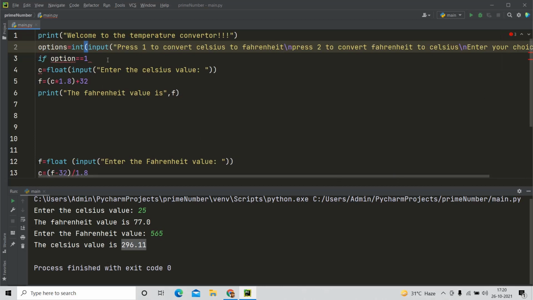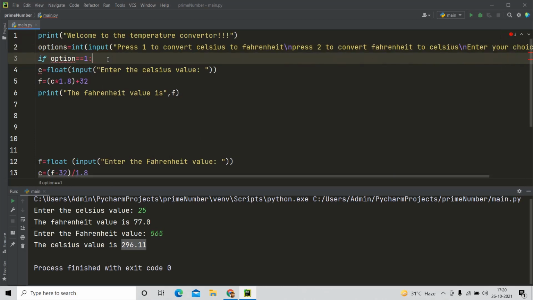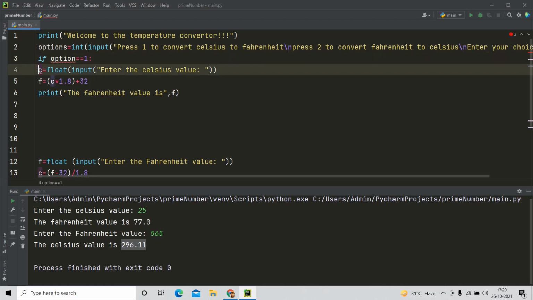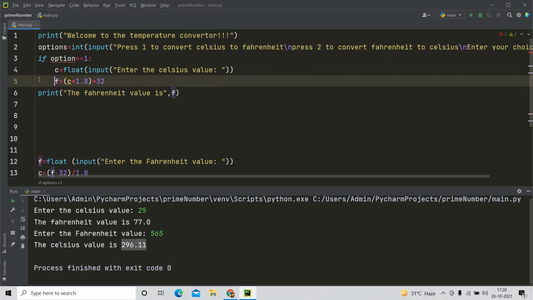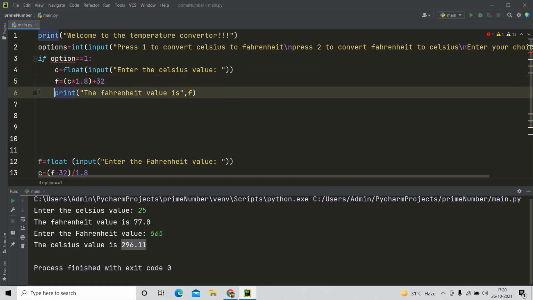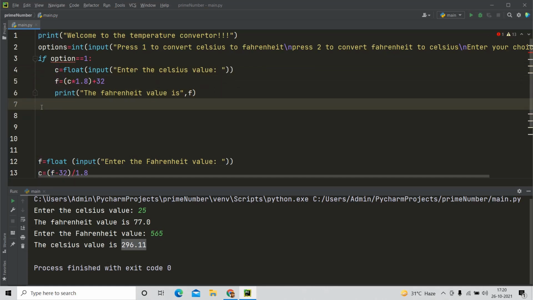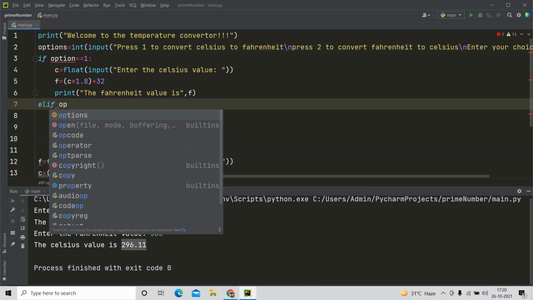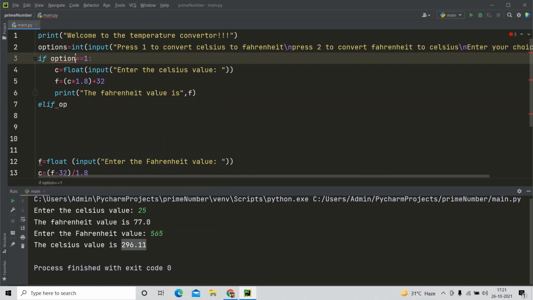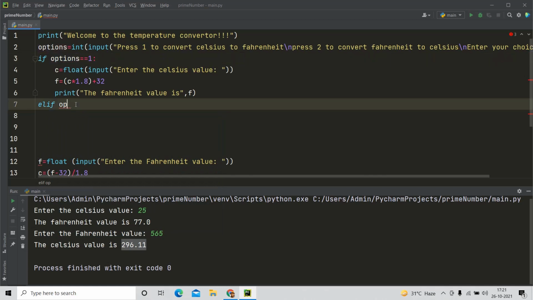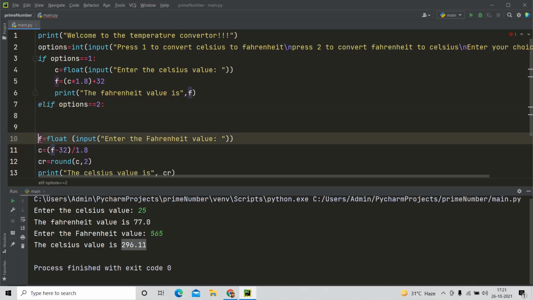Now if option is equal to 1, then what we have said, convert Celsius to Fahrenheit. So we are asking the input to be in Celsius and we are converting and showing them the Fahrenheit value. Then elif, okay, the variable name is options. Options equal to 2, then we are going to use these lines of code.